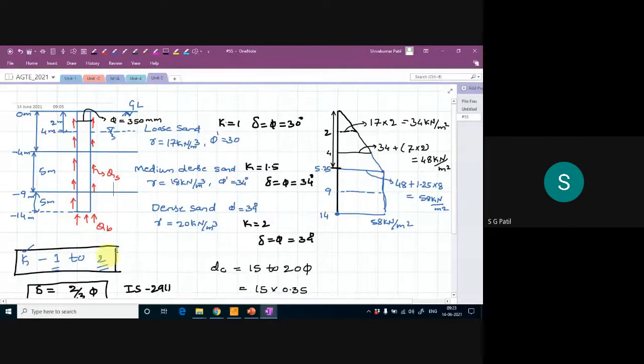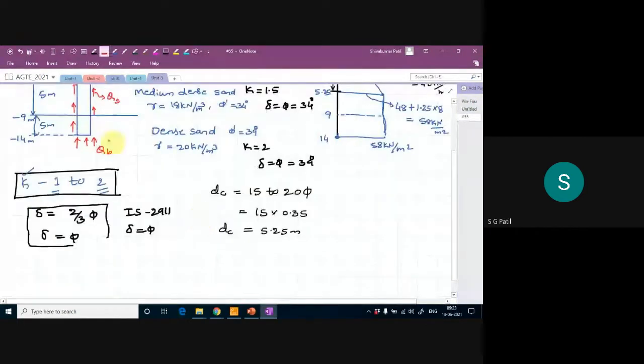First I will calculate the QB value. So how can I calculate this QB? QB is equal to, what is the formula? Or QBU I will call. So QBU is equal to